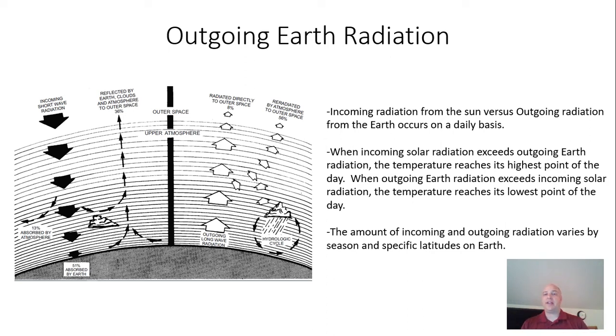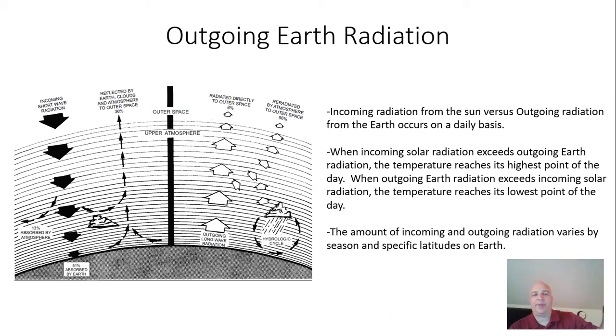So the amount of incoming and outgoing radiation varies by the season and specific latitudes on Earth. You look at the diagram on the left, just showing you all the different things that can happen to that incoming solar radiation on the left-hand side. And then at nighttime, the Earth emits long-wave outgoing radiation to space. One thing I wanted to mention about the right-hand side, as the Earth is emitting the outgoing long-wave radiation, if it's a cloudy night,